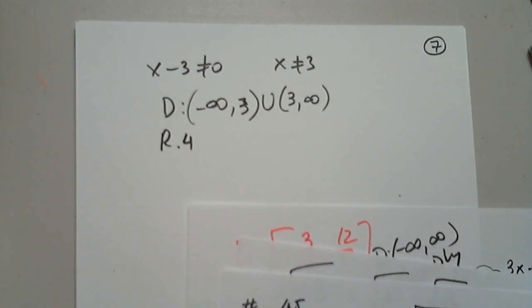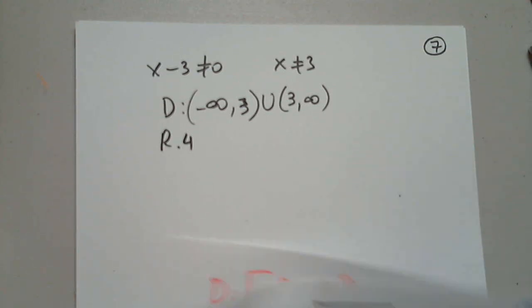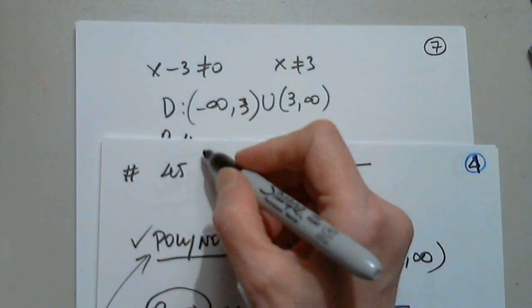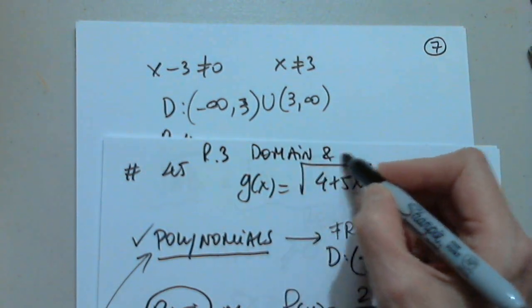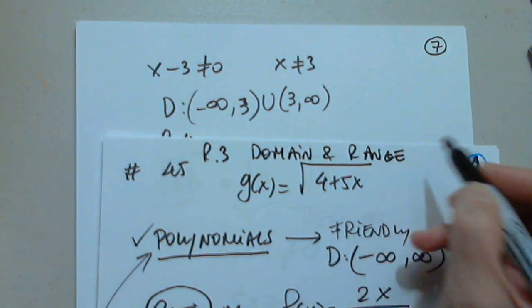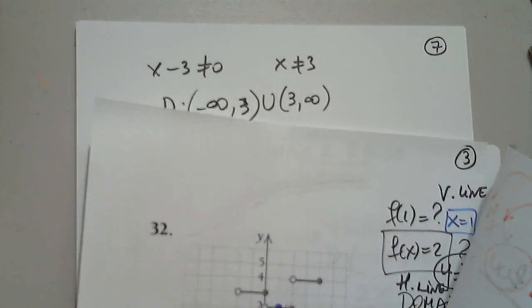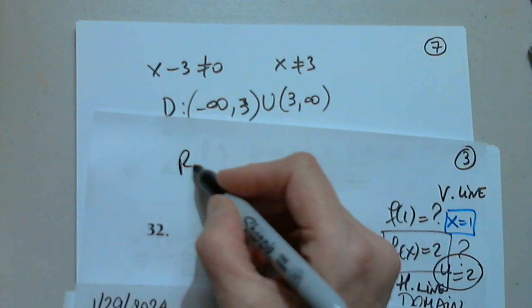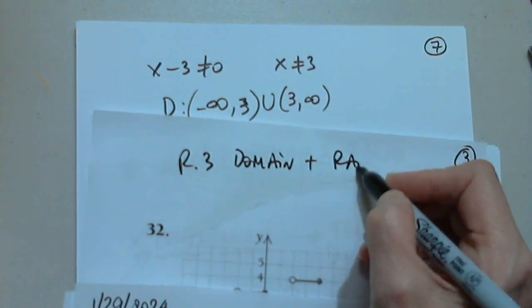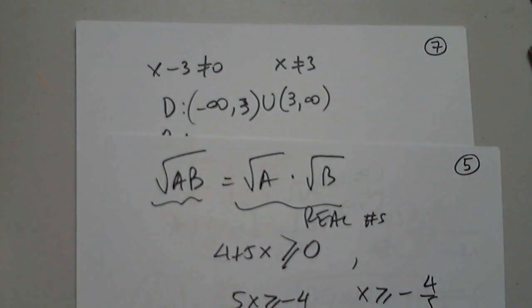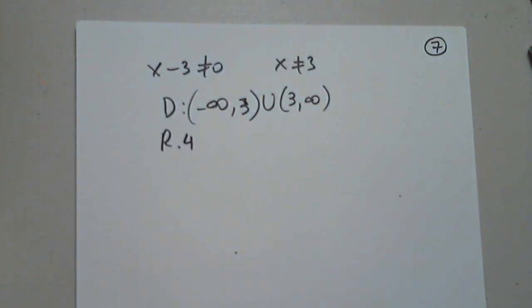So here it was R.3, domain and range. And maybe even from the previous page, from here, actually. Okay. And now we are looking at R.4,